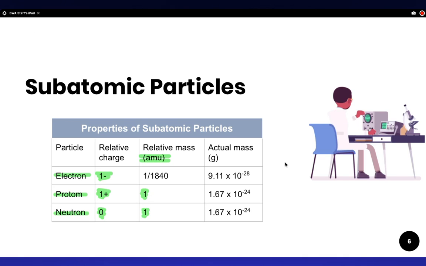Once all of these subatomic particles were discovered, scientists then needed to think about how they were arranged inside the atom, because they couldn't see inside the atom to see how they were arranged. And this led way to many models of the atom, and these models evolved over time. Models are a great way for scientists to share their ideas with other scientists, and we're going to look at the evolution of the atomic model on this next slide.